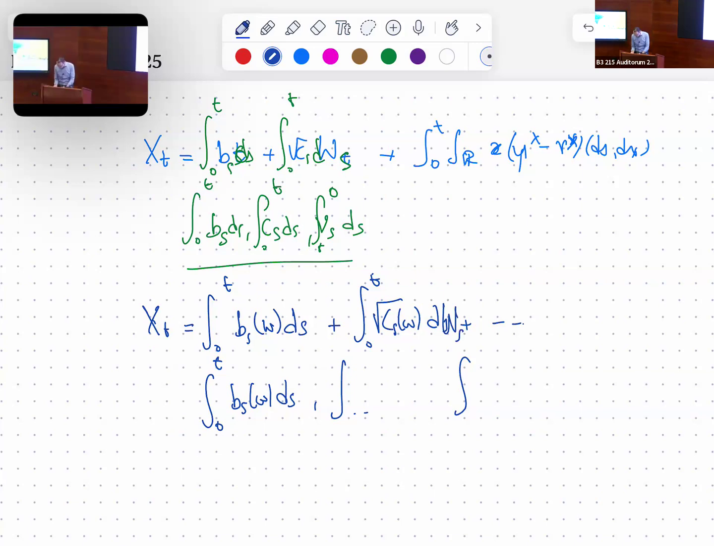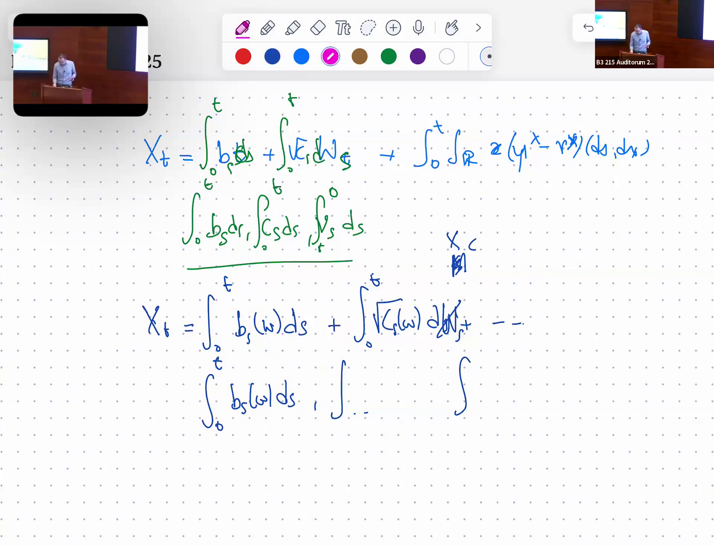The WS, I mean, this is the integral with respect to Brownian motion or some continuous martingale in general. In general, yes, here you would have something like the continuous part of this martingale. Yeah. Okay, and then